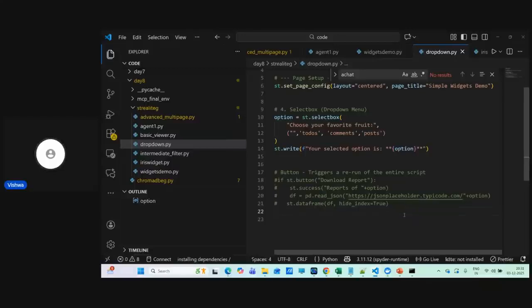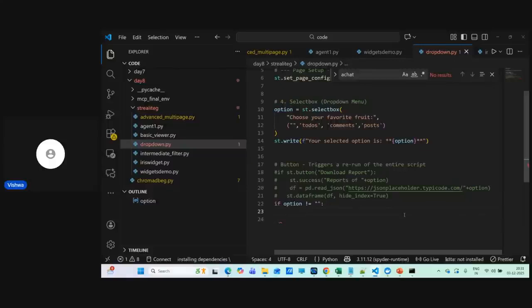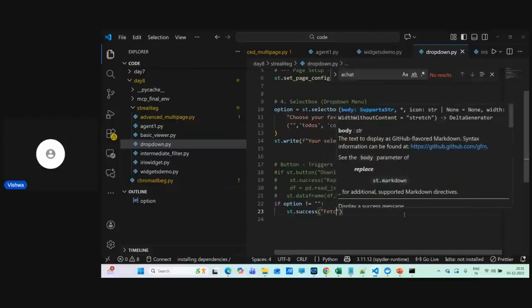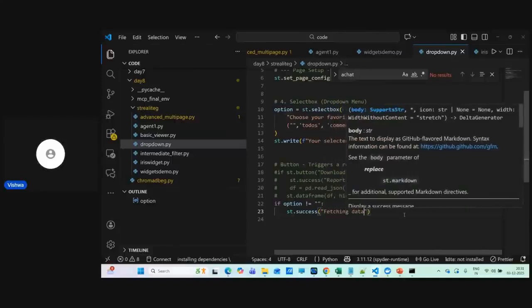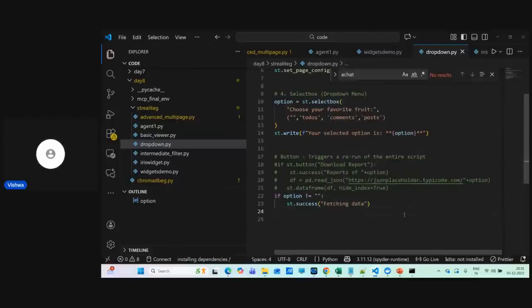Say if option not equals to empty, then success fetching data. Then we can say